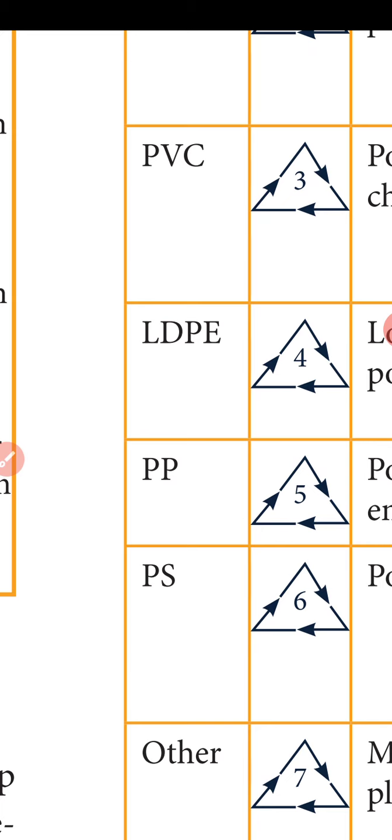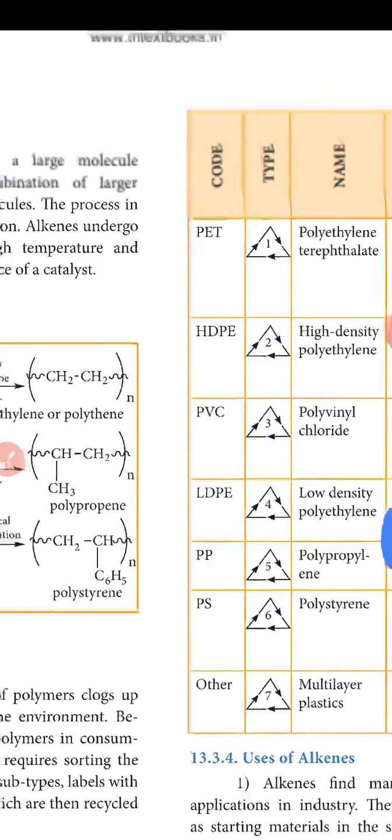Uses of alkenes. Alkenes find many diverse applications in industries. They are used as starting materials in the synthesis of alcohols, plastics, lubricants, detergents and fuels. Ethene is the most important organic feedstock in the polymer industry. Examples are PVC, cellulose and polyethylene. These polymers are used in the manufacture of floor tiles, shoe soles, synthetic fibers, raincoats, pipes, etc.